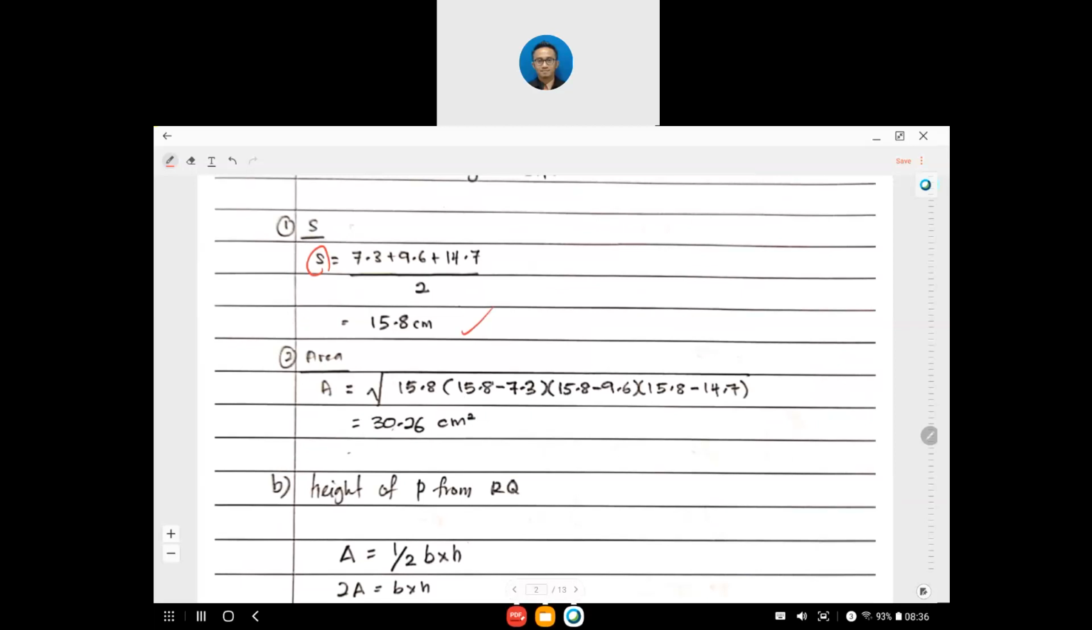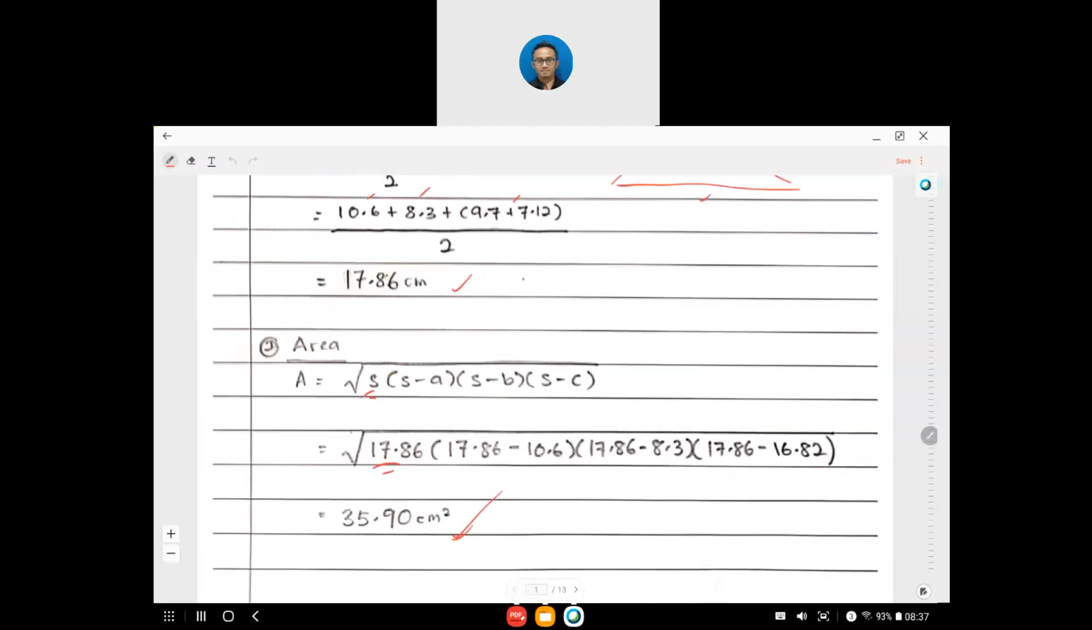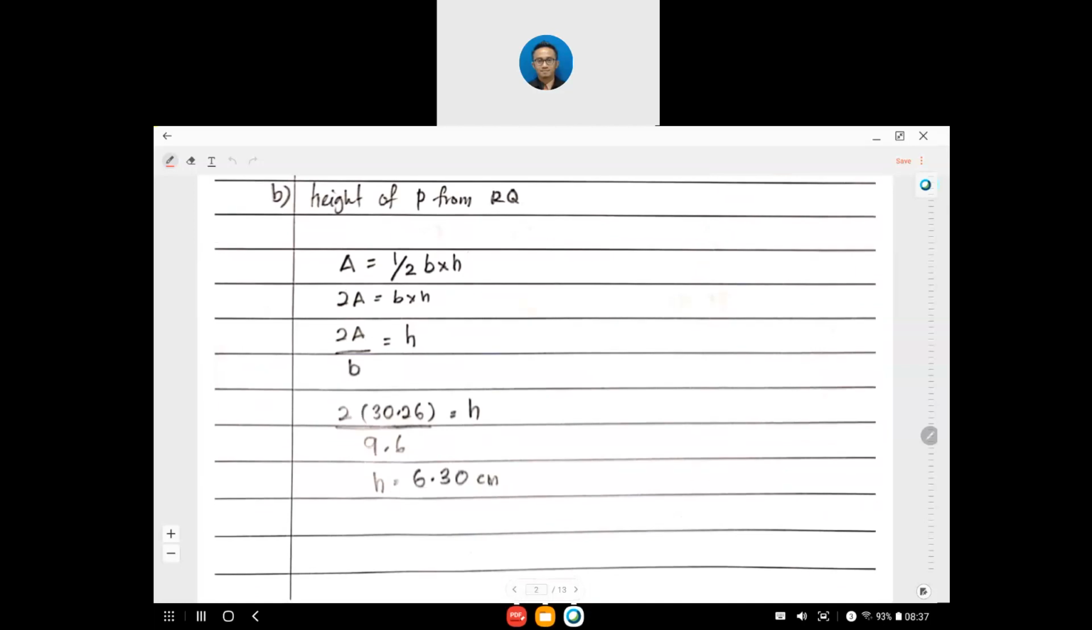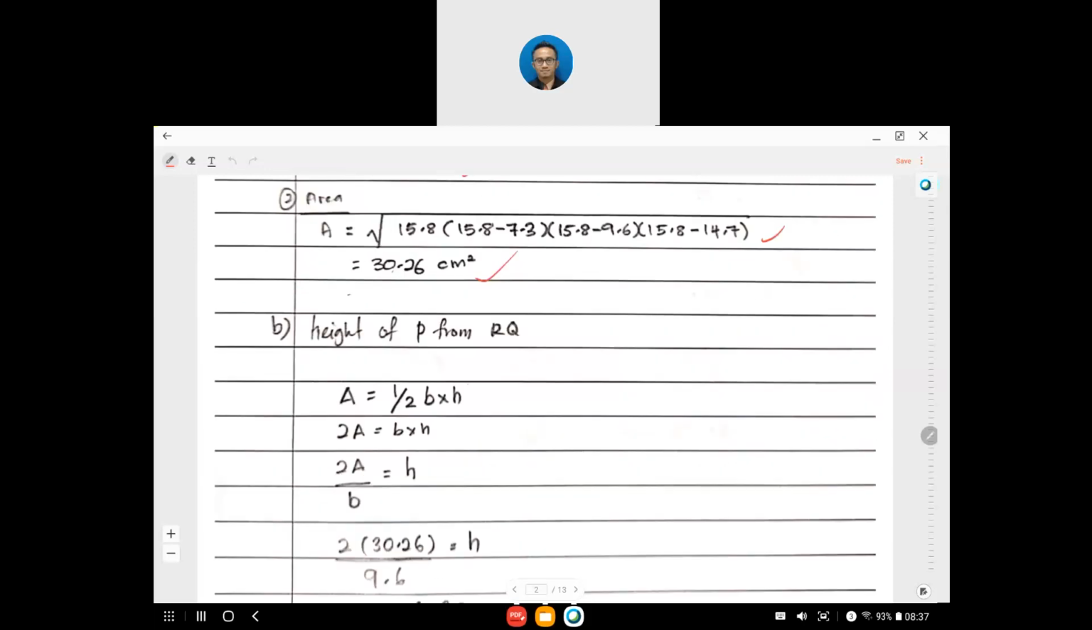Then you can find the area by substituting in this formula. You can get 30.26 cm square. Okay, this is question A. And then question B, you need to find the height of P from RQ. Okay, what is the height of P from RQ? So the height of P from RQ,